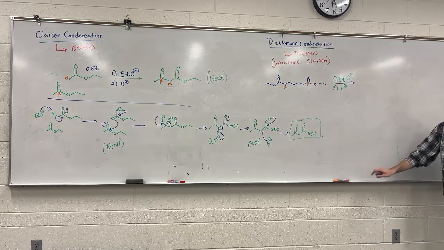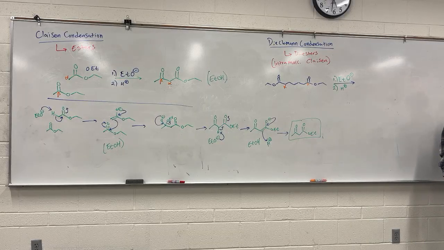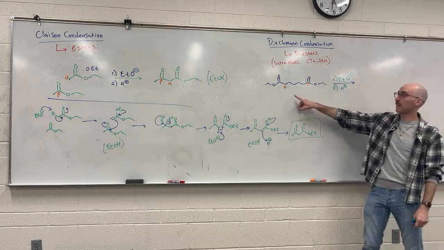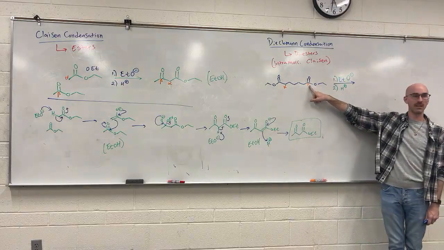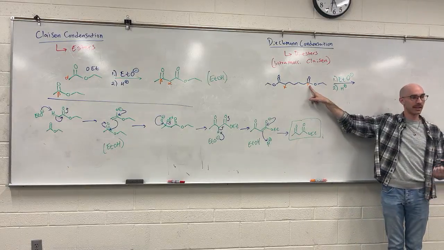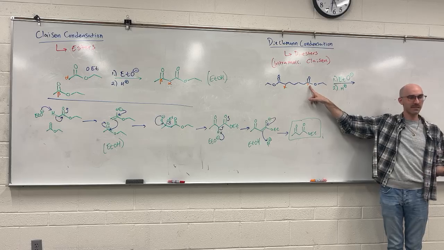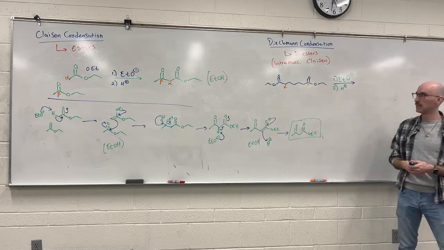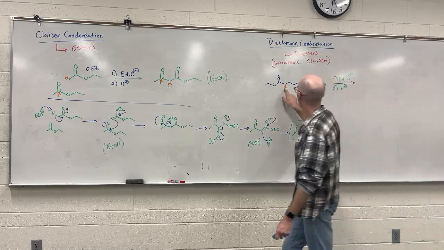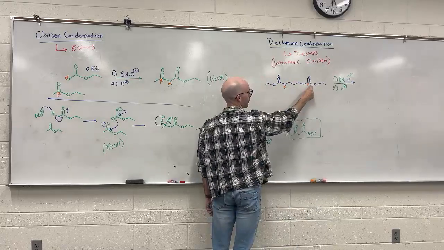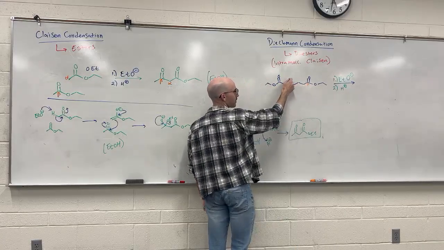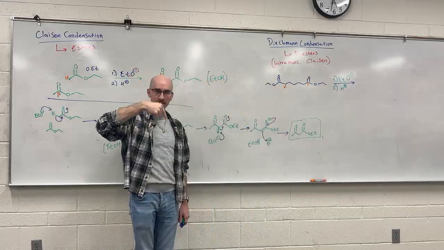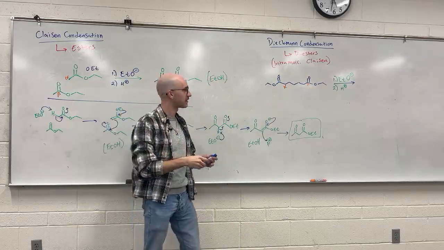Do you agree with the analysis that if I claim alpha of one carbonyl, then beta will be the carbonyl of the other carbonyl? Because beta was a carbonyl carbon. All right, well, alpha attacks beta. That's 1, 2, 3, 4, 5, 6. I'm going to create a 6-membered ring through this process.